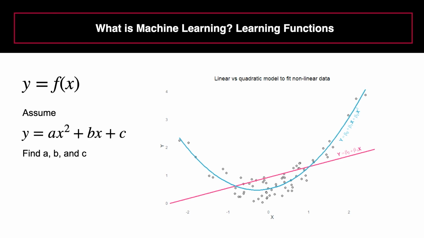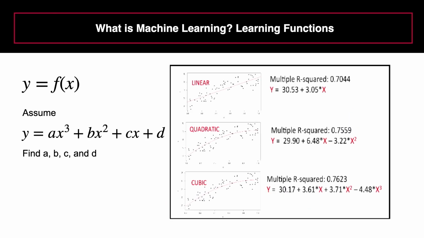But why stop there, right? You could do a cubic. There's a 3 now in front, right? So now we have 4 values to fit. As long as we can find a way to fit A, B, C, and D, then we can find a cubic function that fits our data. Why stop there? You can go to the 4th power, the 5th power, right? So